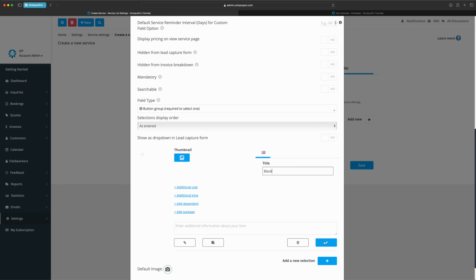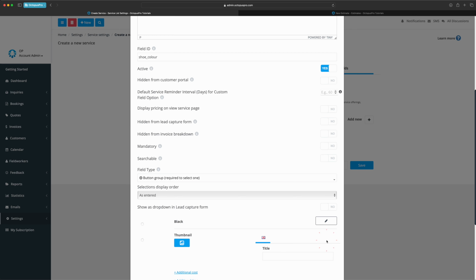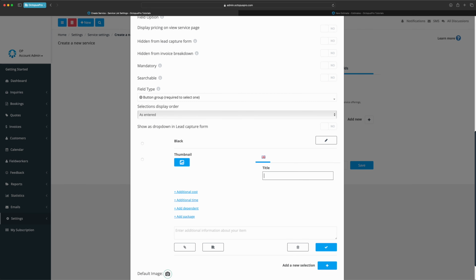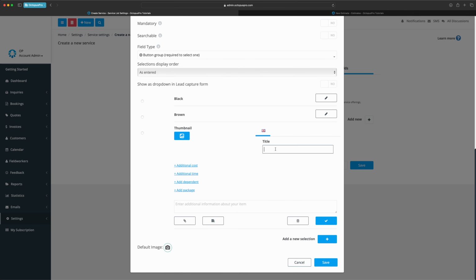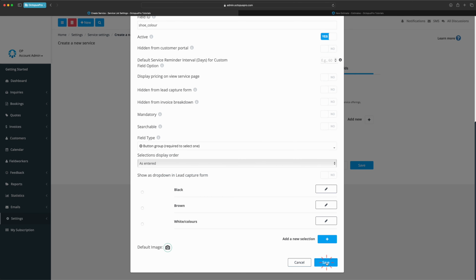So I'm going to go ahead and press tick. I'm going to add a new selection, and I'm going to make this brown. And I'm going to go ahead and click tick. And then I'm going to select this one, and I'm going to make this white. Okay. Now, if I go ahead and click tick here, and I press save,